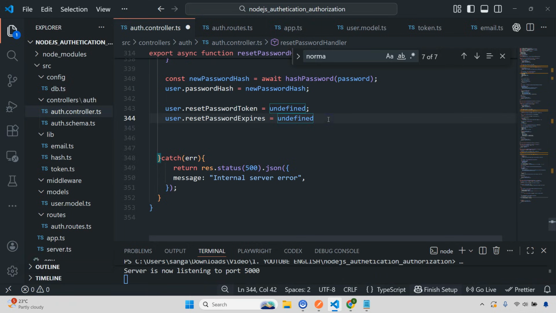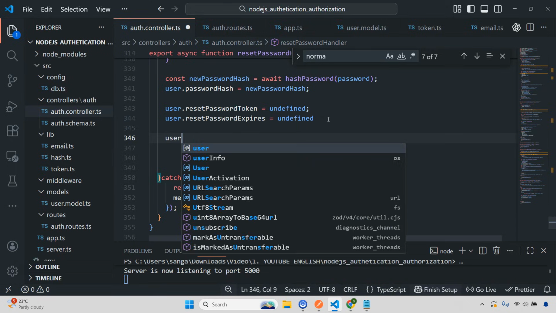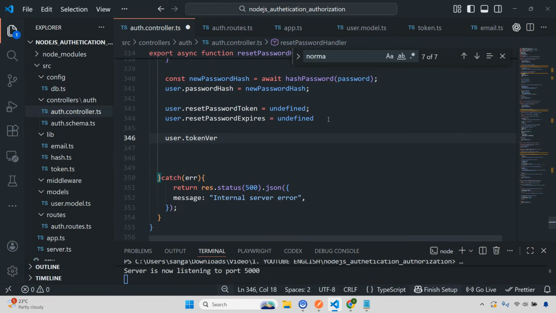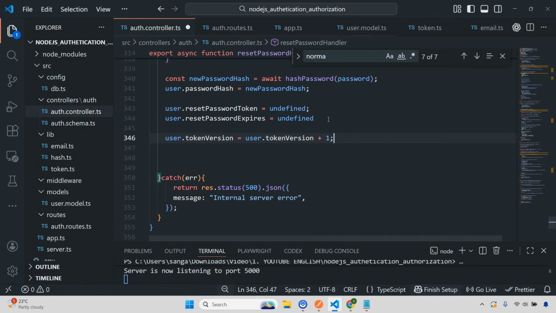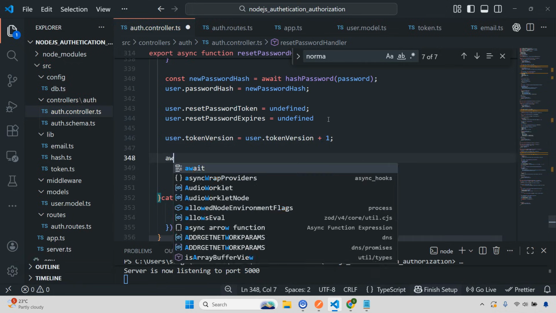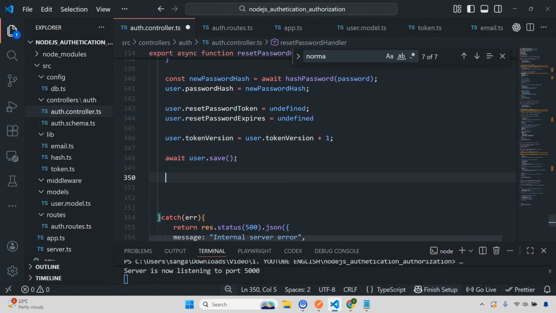Okay, so now I think there is some problem with my machine only, it's getting a little slow. And here we are going to increase the token version. Very important. Why? Because we are going to invalidate all the existing refresh tokens that we already have. So you need to actually increase this. So you'll do user.tokenVersion and you'll do +1. So you're going to bump it by one version. So if it is 0, it will become 1, if 1 it will become 2, something like that. And you'll do user.save. So you're going to save all this new information, and at the end you're